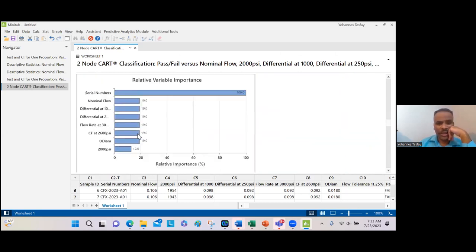that direction. አሁን ይሄ relative importance ነው. Which one is the most important parameter? Serial number. But serial number is not parameter again. You see? This is not parameter. This is model. ይሄ ሞዴል ነው አይደል? ሞዴል ነው. So that's not parameter. But these are like parameter. These are parameter. ስለዚህ ከኖሚናል ፍሎ ጀምሮ እስከ ኦርፊስ ዳያሜትር ድረስ ሁሉም ኢምፖርታንት ናቸው።